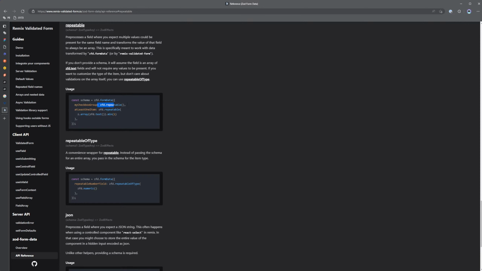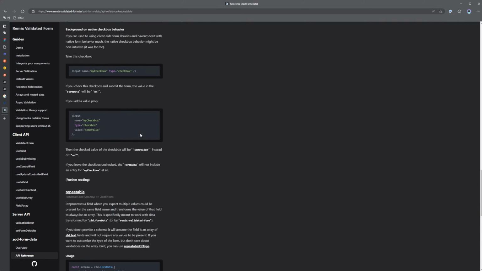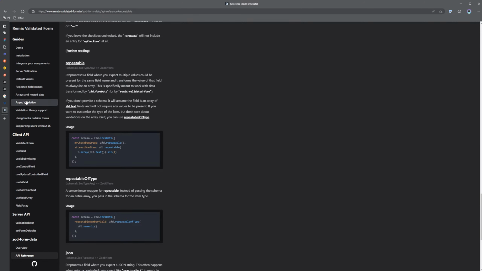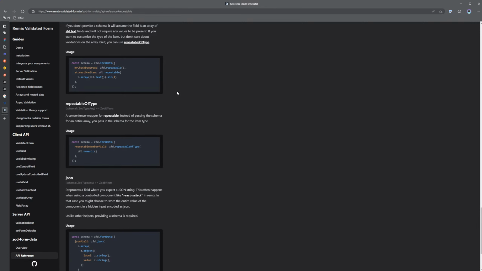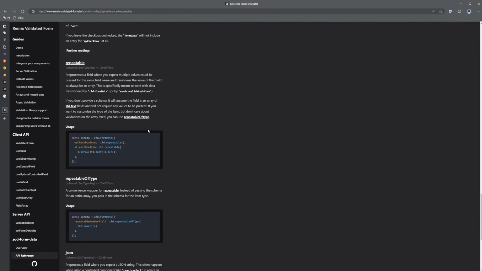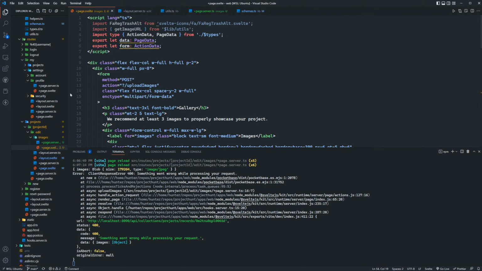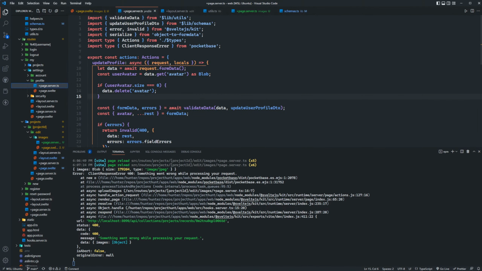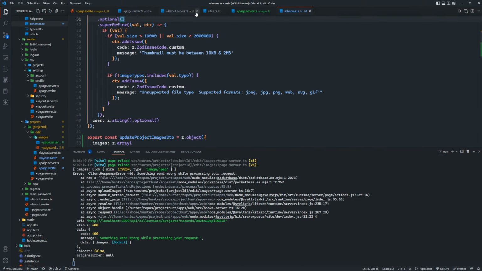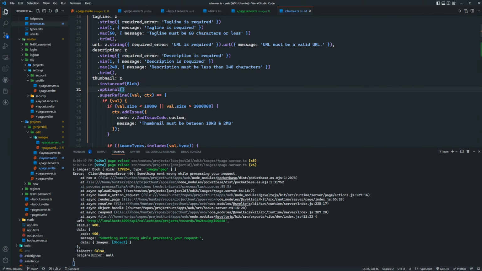But I don't think I even have to go as far. Oh, I guess I could do this. So it'd be zfd.repeatable, and then it would be the array, and then my normal blob validations there. Yeah, Zod's pretty cool. I spent a lot of time earlier in this project working with it and trying to figure out, I mean, the image validation piece was a pain to figure out at first, just because I wasn't sure what to use as far as the